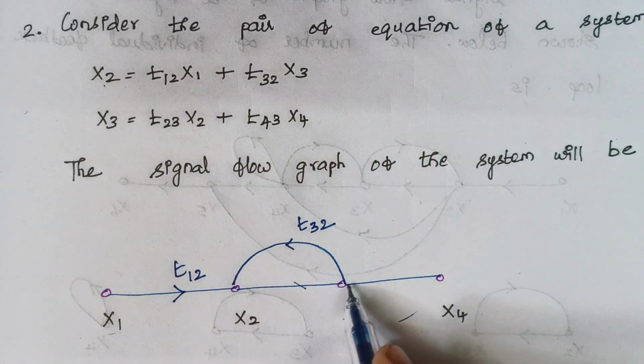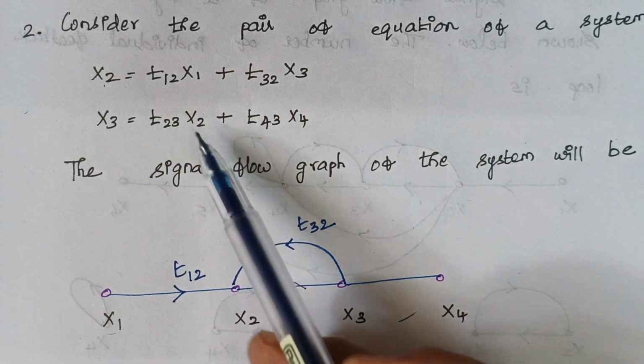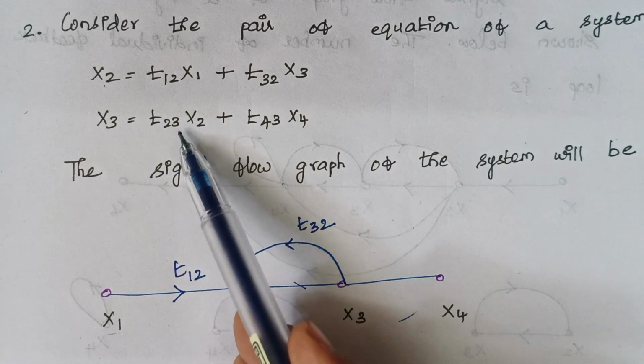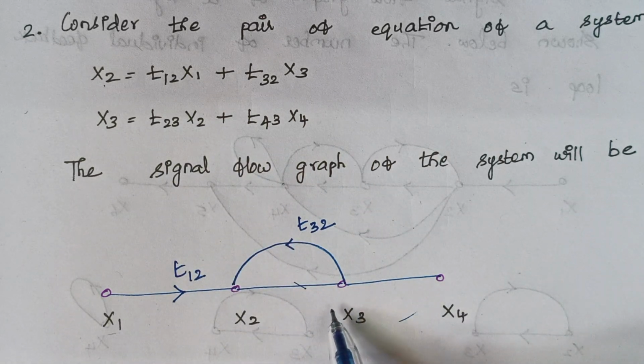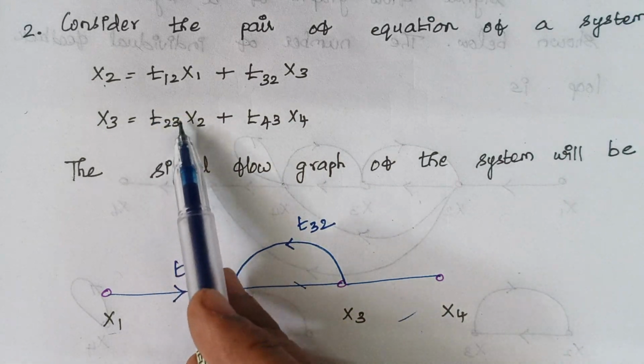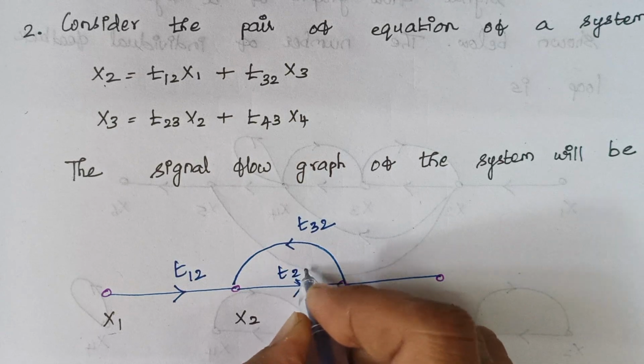So x3 is our main focus now. x3 from x2, that is, x3 is t23 times x2. So here I am having x2 and here is our x3. So what is the gain here? It is t23. So in this path, introduce a gain of